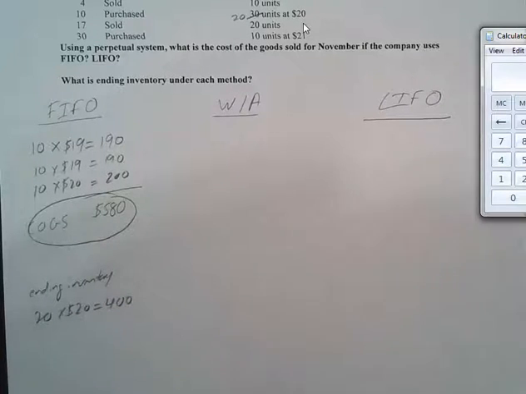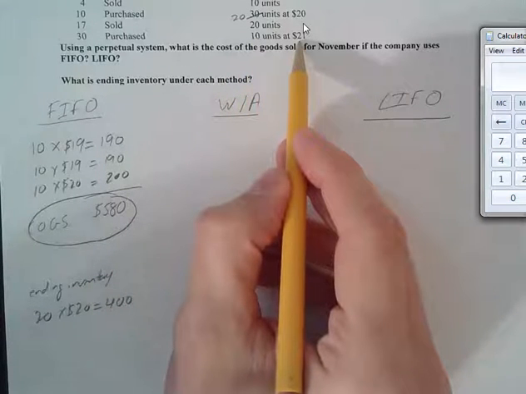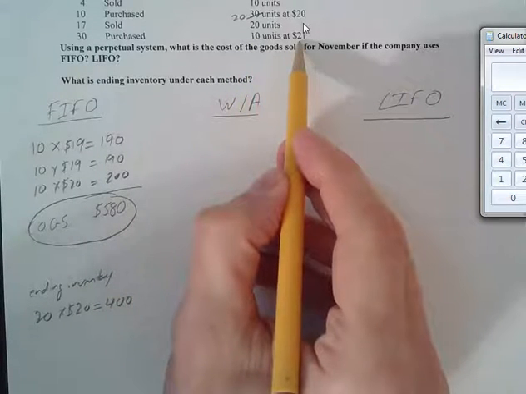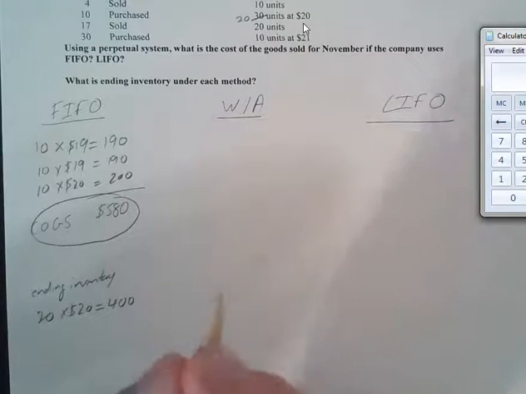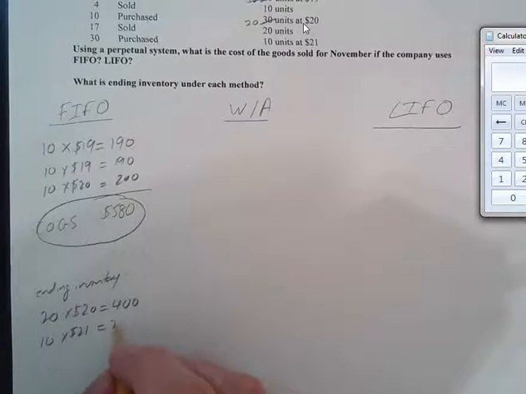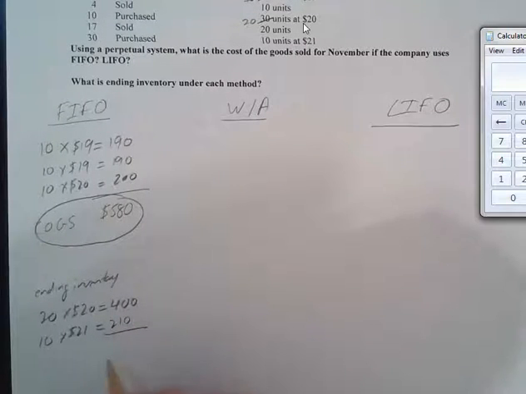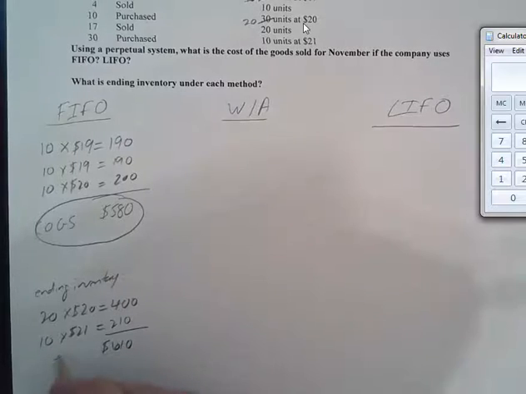And then we also have these 10 units here that we purchased that we haven't had any sales after, because it's at the end of the month. 10 times $21 equals $210. And if we add 400 and 210, hopefully we know that that's $610